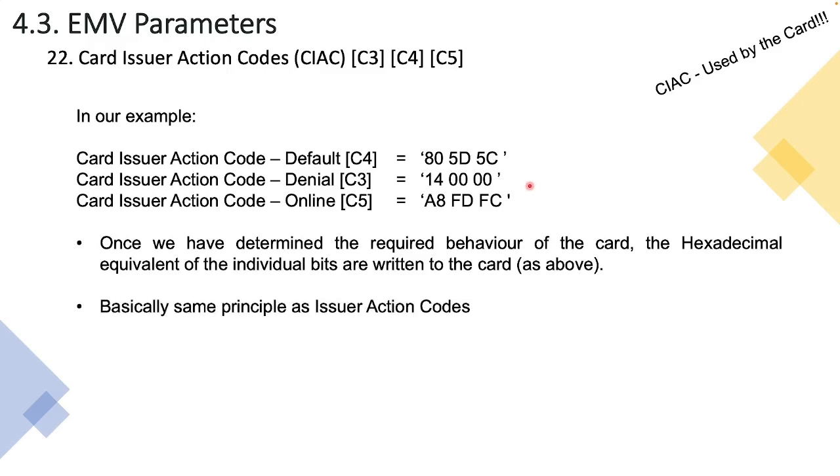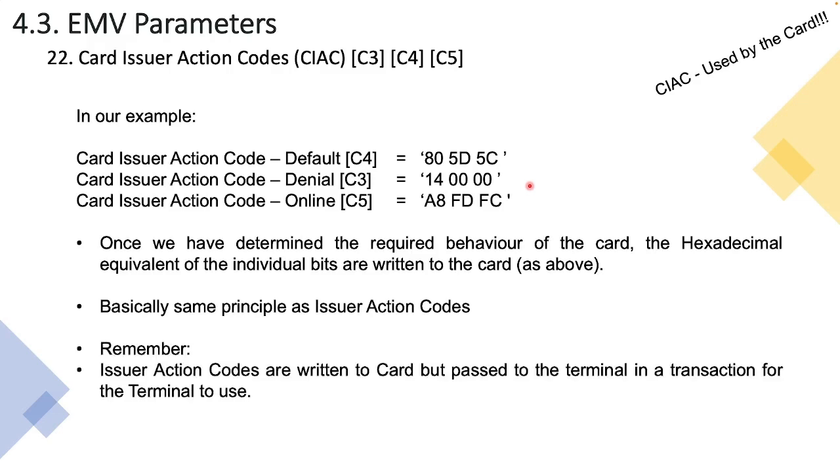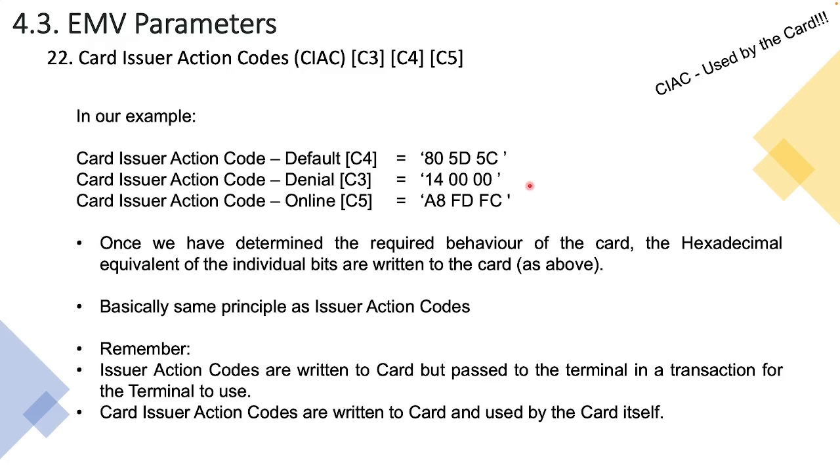Okay, so as I've been saying, basically the same principle as issuer action codes. Remember, issuer action codes are written to the card but passed to the terminal in a transaction for the terminal to use. Card issuer action codes are written to the card and used by the card itself. Okay, that takes us to the end of card issuer action codes, and in the next slide we are going to